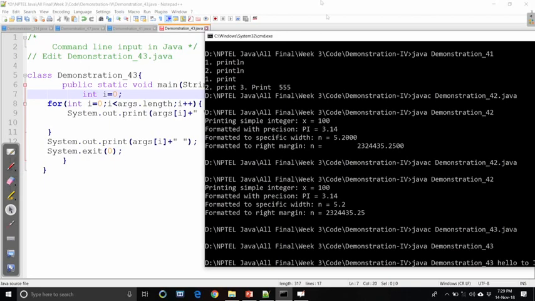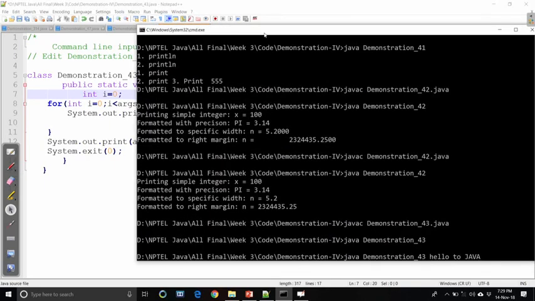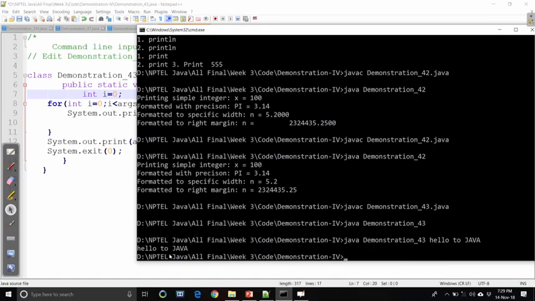Now clear the screen with CLS. So now you see we have called this method with 3 inputs, hello to Java. This method takes them and prints them like this.